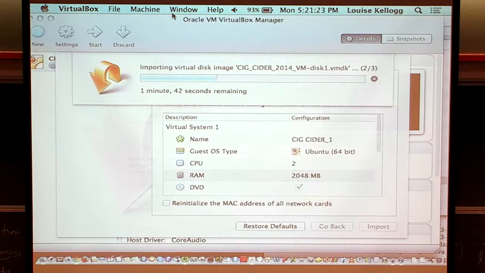I will try to find it. So I just double-clicked on the OVA and it worked. So you can just start with the OVA. Just double-click on it. It is the virtual machine. Or you open VirtualBox and say,